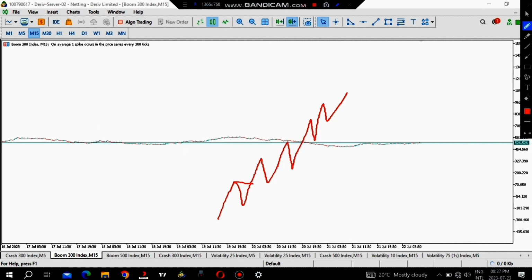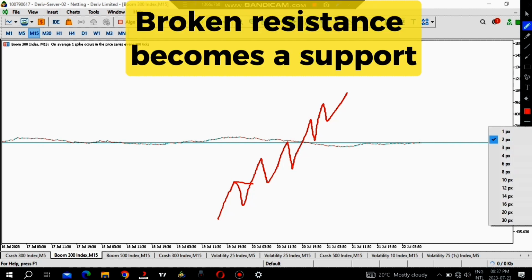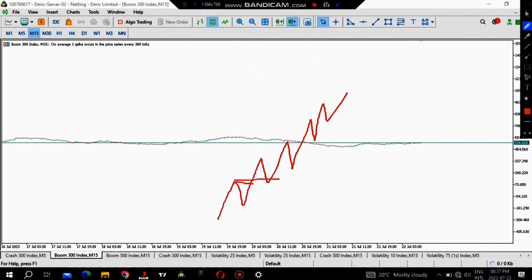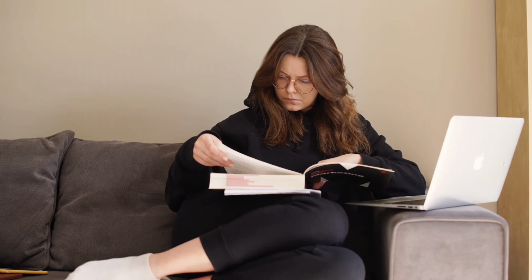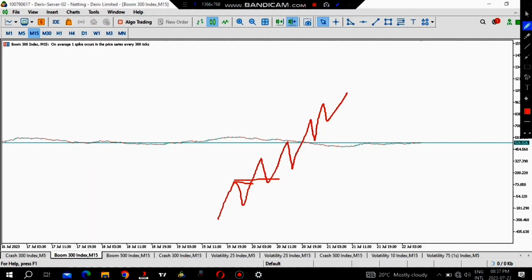A broken resistance turns into what? Into a support, right? I'm sure that most people know this. A broken resistance turns into a support. So if you've read your price action books, you know that a broken resistance turns into a support. That's what we're going to be looking for, because we obviously know that the market doesn't move